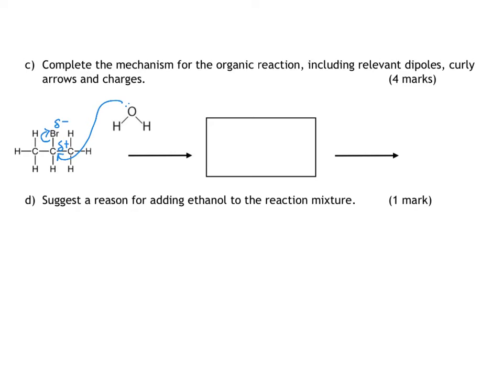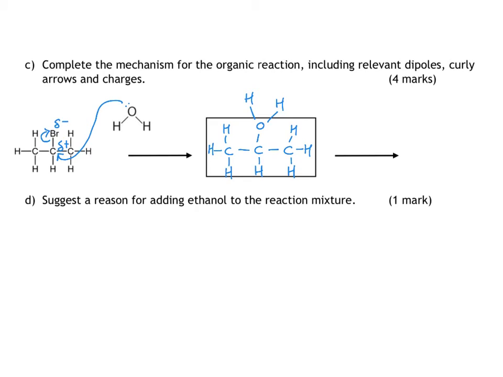So for the intermediate, there's a box here which suggests we need to draw something as an intermediate, because then there's another arrow, and the reason for that is because we're adding water, not hydroxide, which is also a clue to our balanced equation. If we've done hydroxide ions, this should be a clue that we shouldn't be using hydroxide as the nucleophile. So we've got this idea where water has joined on and bromine has left as a Br- ion,